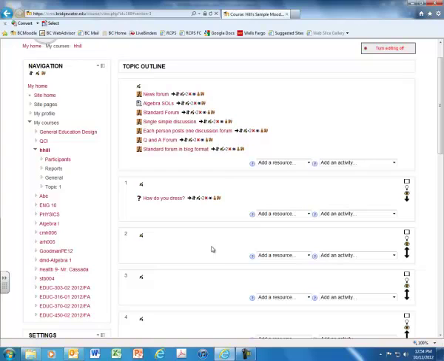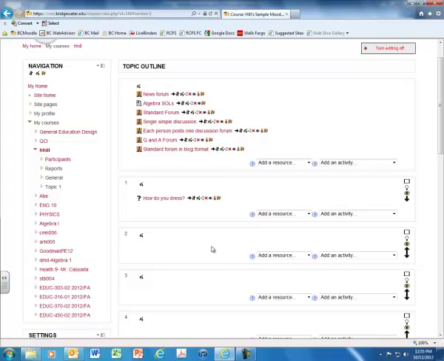Today what we're going to do is construct a quiz. We're going to use some questions that are in our question bank, and we're going to construct a quiz that Moodle will give to our students. It will grade the quiz for us. We don't have to grade any papers. It'll even give us a little item analysis of how students did on each question, all because we construct the